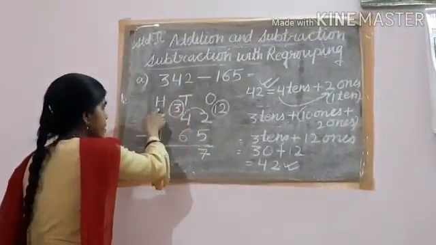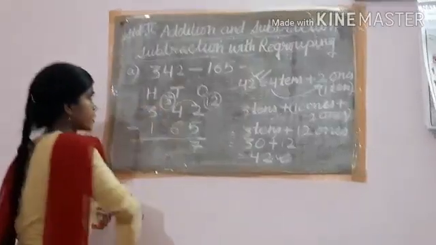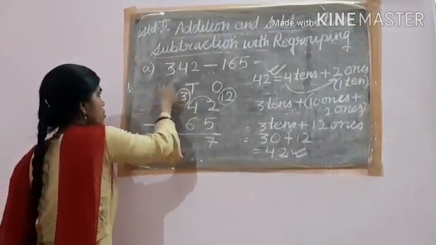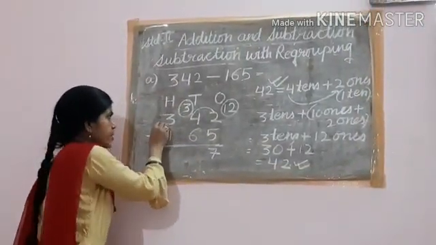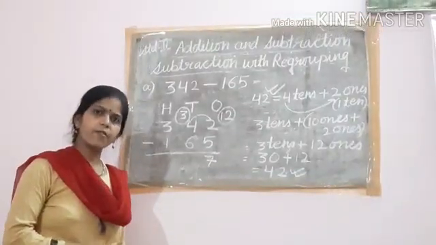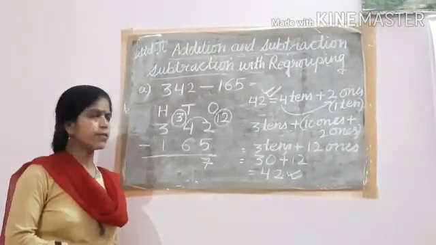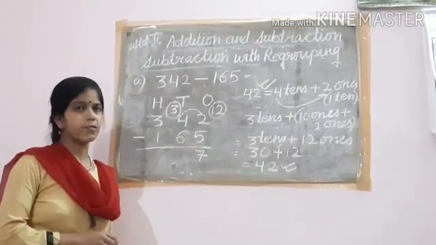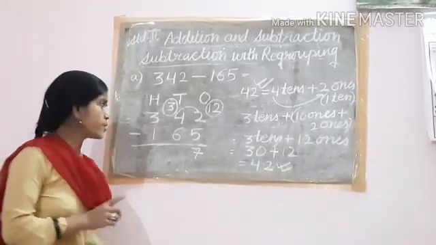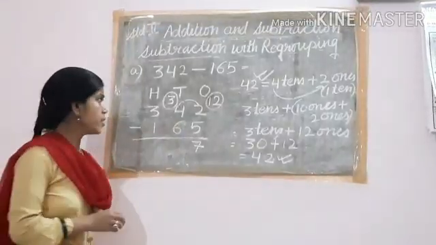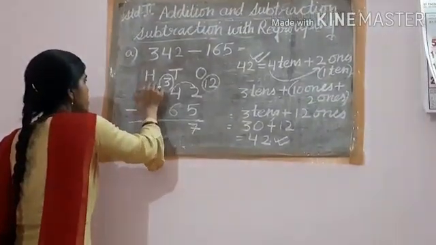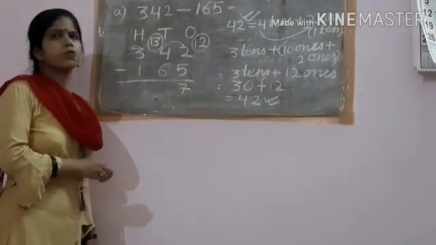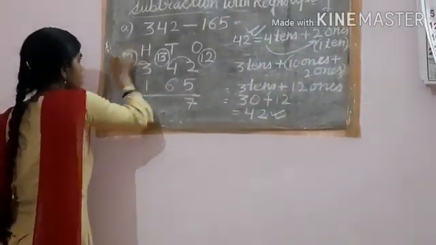So here the hundreds place is bigger than the tens place. You know the tens place has only 2 digits, the hundreds place has 3 digits. The hundreds place is bigger, so we are going to ask the hundreds place. The hundreds place has here 300. The hundreds place is telling the same way: yes, I can give you, but I can't give you like 1 ten, 2 tens, or 1, 2 ones. I can give you directly 100. I have 300, I can give you 100. So from 300, the hundreds place is giving 100. Then here is 13 tens, again using the regrouping concept. And here is 2 hundreds only left.